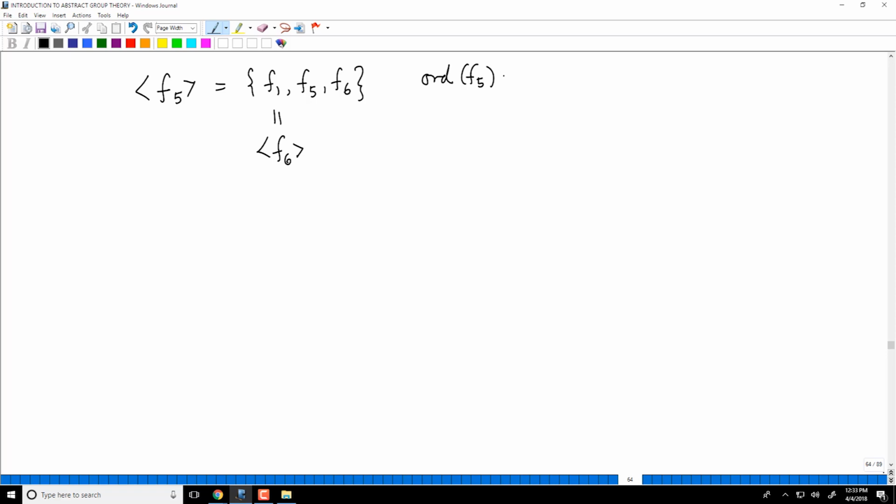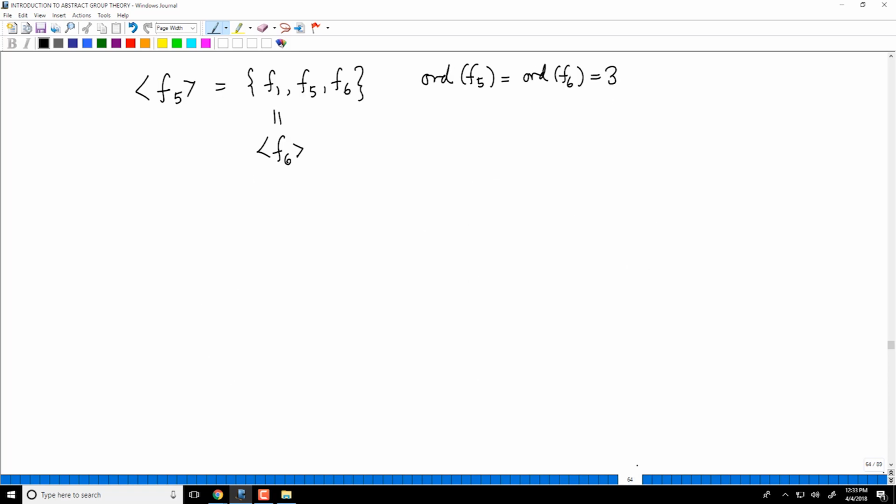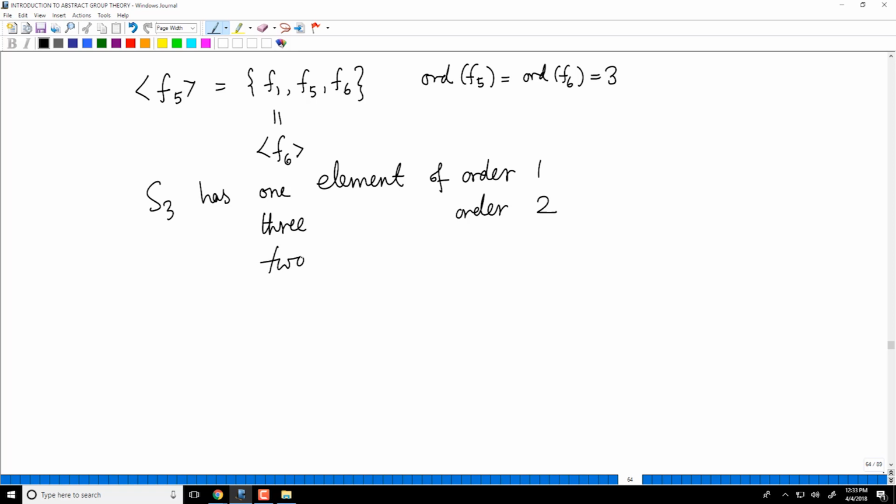So order of F5 and order of F6 is 3. So S3 has 1 element of order 1, always, every group has 1 element of order 1, 3 elements of order 2 and 2 elements of order 3.